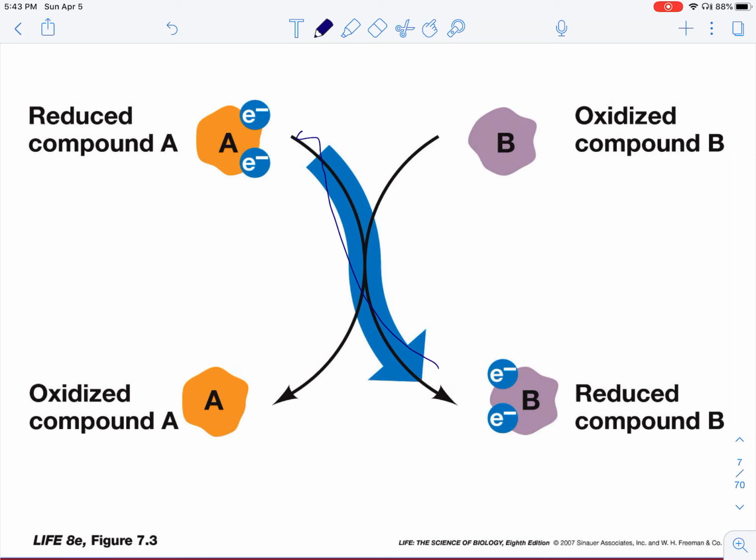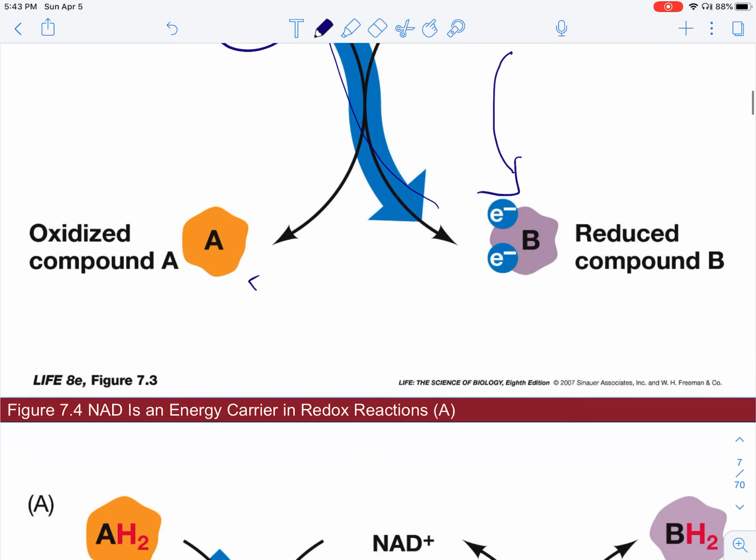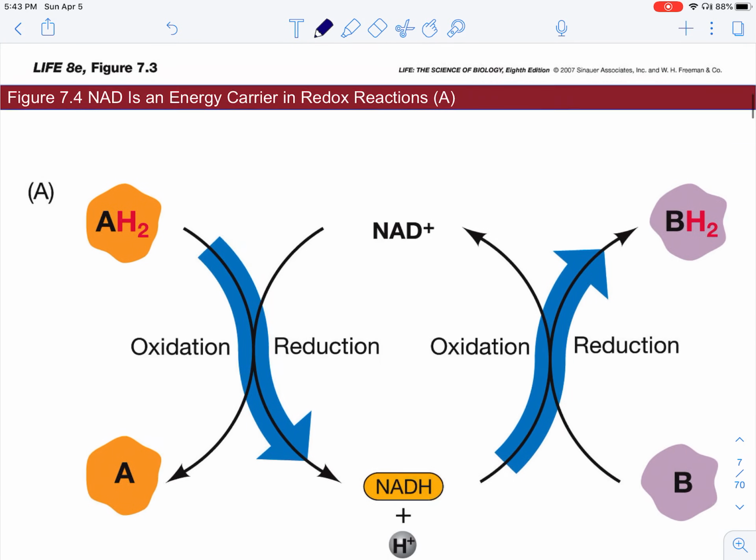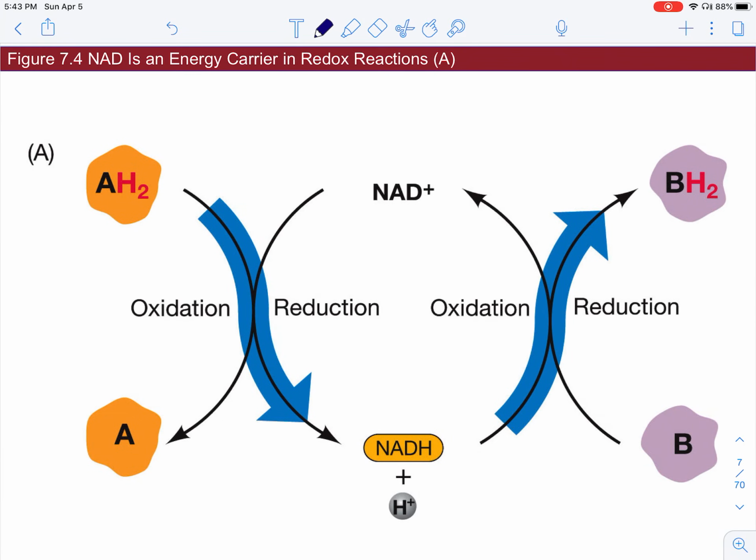Here you see this compound A has the electrons. It is reduced because it carries the electrons, and then it transfers those electrons to compound B, which is oxidized because it doesn't have the electrons, and compound B becomes reduced. In this process, compound A becomes oxidized. So you can transfer the electrons directly, or you can transfer them to an electron carrier